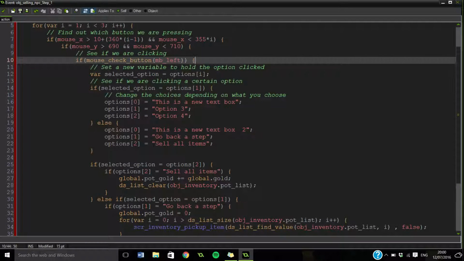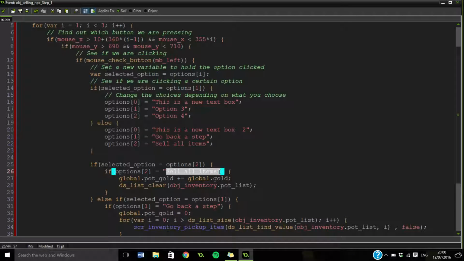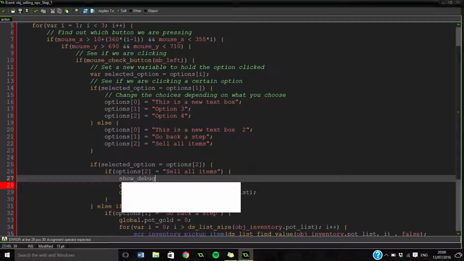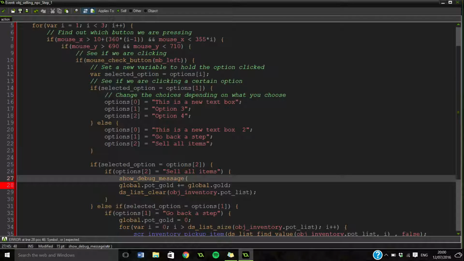So if it's sell all items. So if selected option equals options 2. If options 2 equals sell all items, so that is exactly the same as that. Let's just check that. Let's copy that over. Yeah, that is exactly the same. So then now let's put another show debug here. This will literally now check has it got to the stage of actually recognizing we're pressing the selling all items bit. So if it does, we're going to say